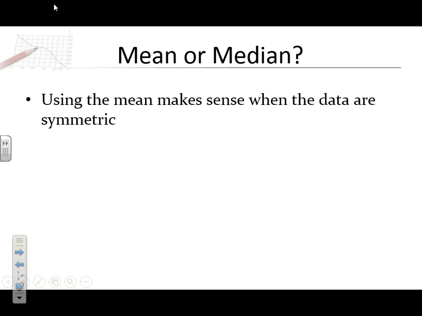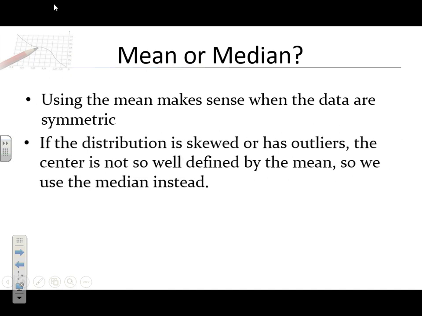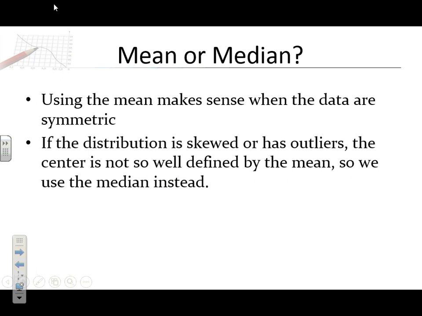If we're symmetric, the mean is going to be the one we want to use because it's a much stronger measure. If the distribution is skewed or has outliers, the mean doesn't work as well. Like I said, it gets kind of tricked by those different values, so the median is what's going to be used instead. So now, when you describe distributions, once you've established the shape, I'm going to expect that you choose